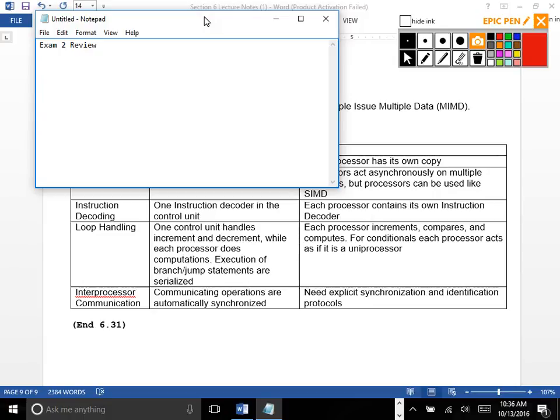Exam 2 review. So the take-home portion is already posted on Blackboard, and it will automatically become available to you at 11 o'clock. I will post this video on YouTube, and it's the same kind of concept. I found another job at Texas Instruments where it was really convenient because it emphasizes multiprocessing in the job description, so you can use what you've learned since exam 1 to tailor your